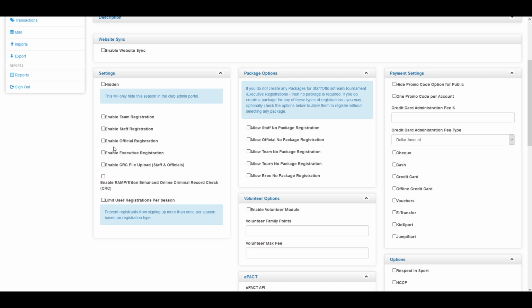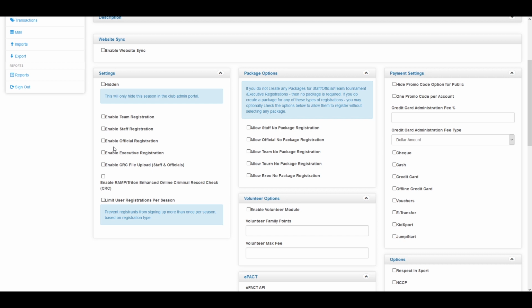This prevents someone from registering more than once per role in the season. So if I've already registered as a staff member, I cannot go in and register again as a staff member a second time. That obviously might raise some questions, such as what if I am a team member on multiple teams? Staff members can be assigned to multiple teams. I'll just head that question off right there, because that's the number one question we'll get in result to that